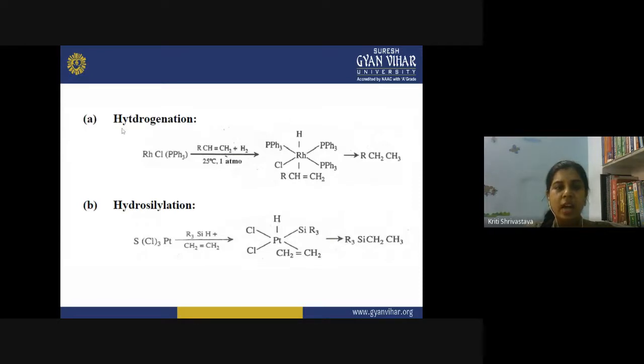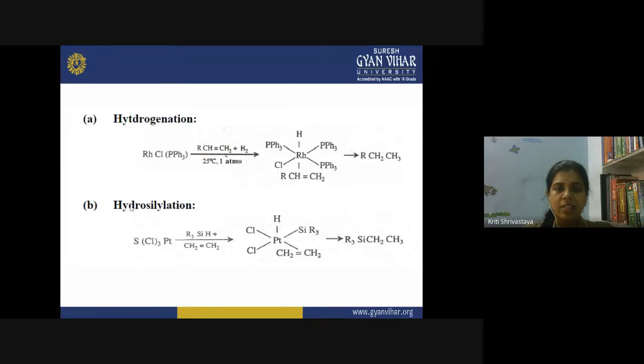In the case of the hydrogenation reaction, we have this rhodium catalyst involved, which is known as Wilkinson's catalyst. In this catalyst, you can see the alkene molecule is getting inserted over the metal atom, and then hydrogen is transferred to the alkene molecule and its hydrogenation is completed. So this is again a reaction of a metal alkene complex where a catalyst is involved. This is the Wilkinson catalyst.